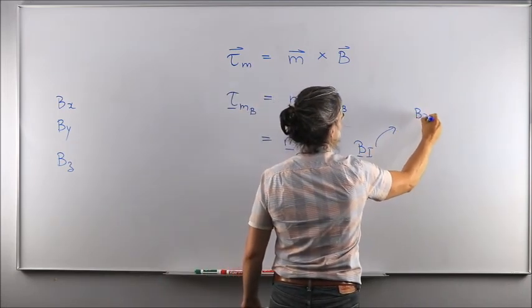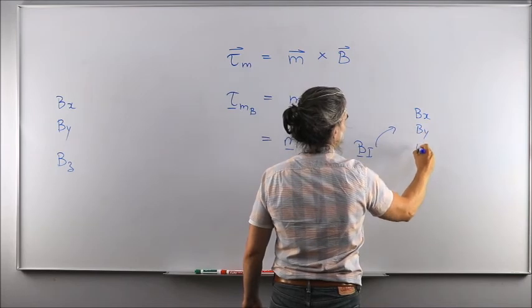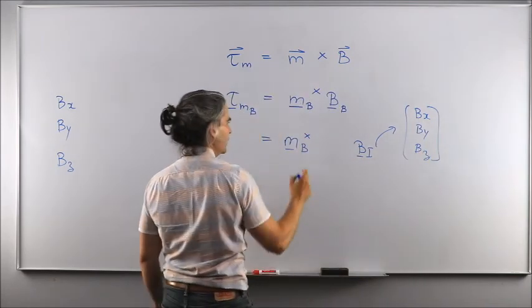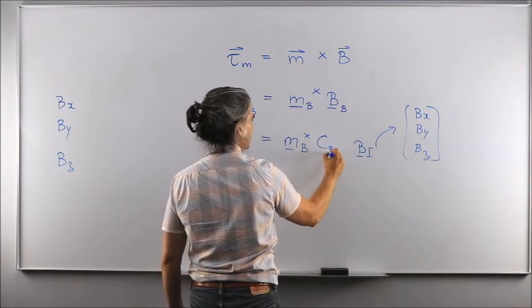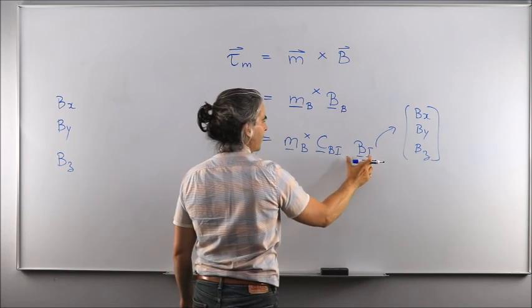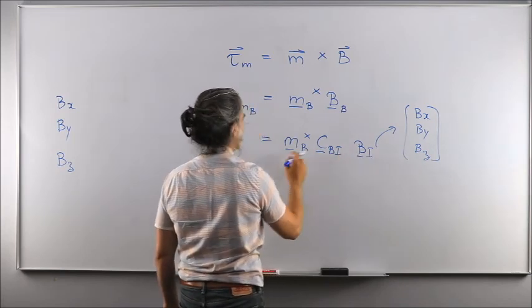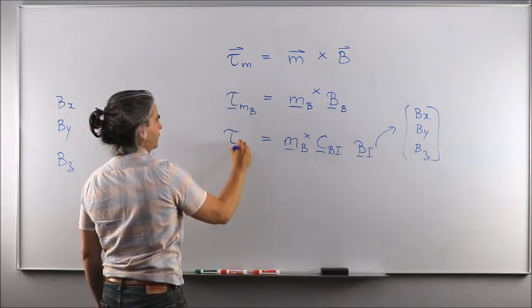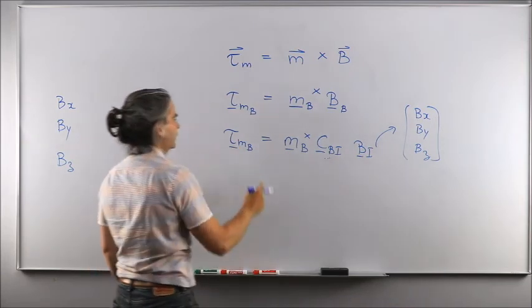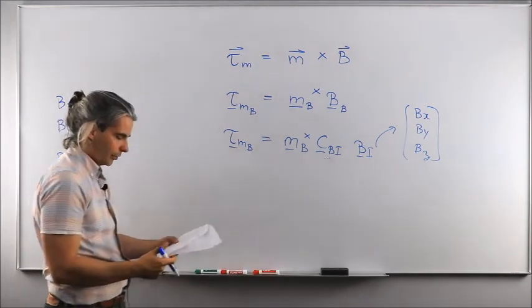This is where our Bx, By, Bz are referring to. So all we need here is to use the attitude matrix or the rotation matrix from ECI to the body fixed reference frame. And we know how to get that from chapter 1, right? in order to get the torque applied onto the spacecraft